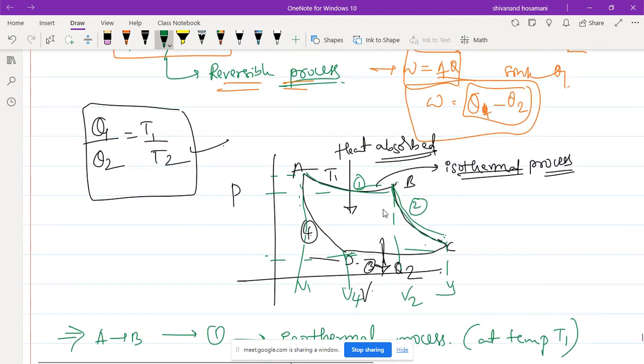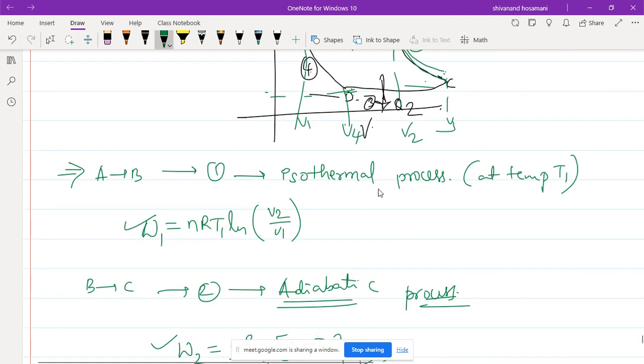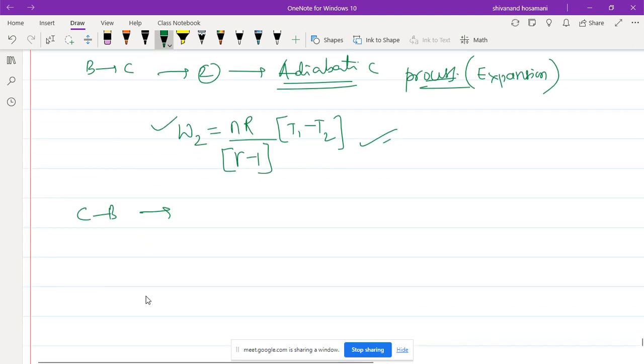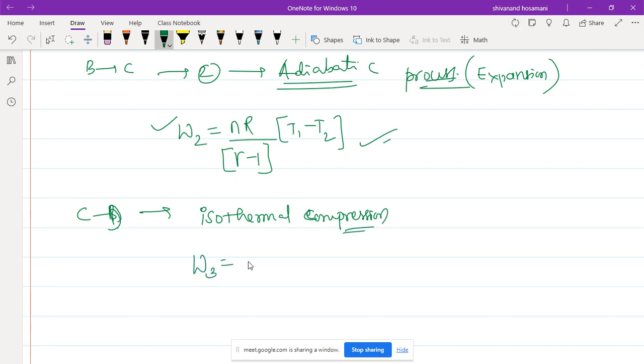So if you go from A to B, this is isothermal expansion, and B to C is an adiabatic process, which is also expansion. Next, when you go to C to D, you are going to get that process as isothermal compression. Therefore, the work done in this process is W3, which is equal to the same nRT